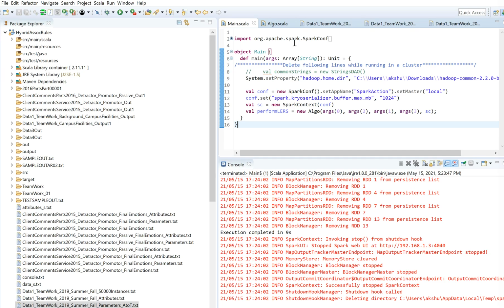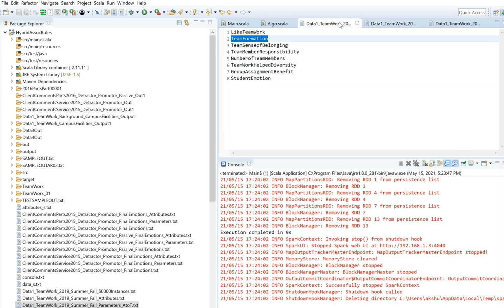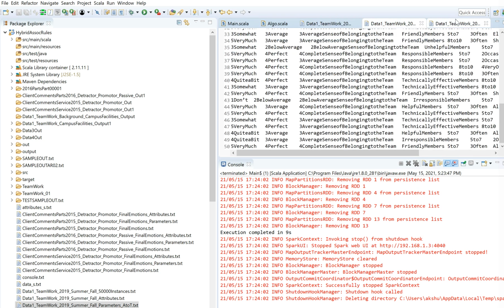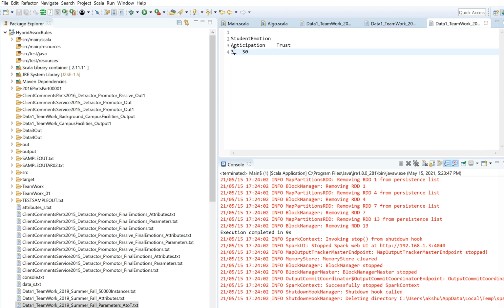So if the action rules do not get generated in your output folder, like if all of the files in the output folder are empty, then you can manipulate the parameters file. You can change this support to a minimum value of 1 and then the confidence to a minimum value of 10, and then see if that generates some action rules for you.